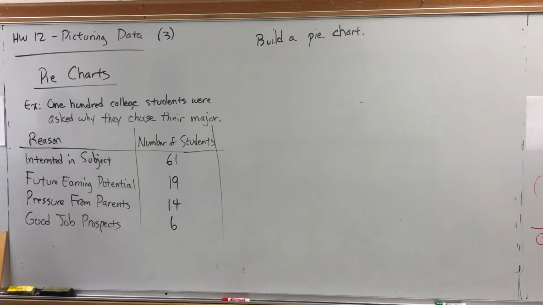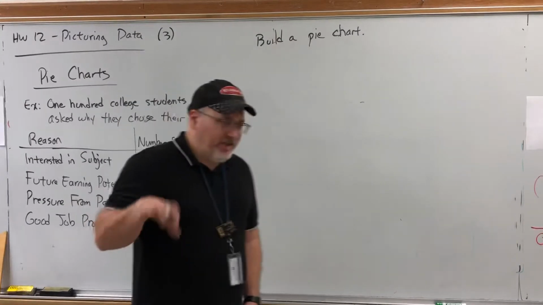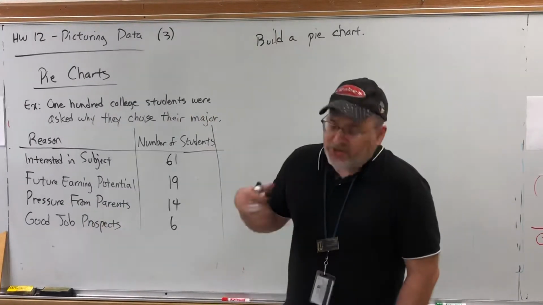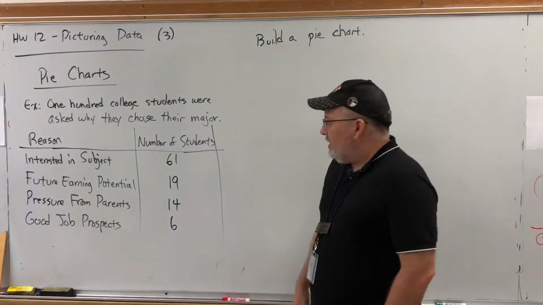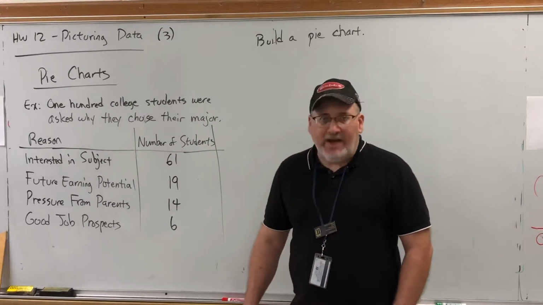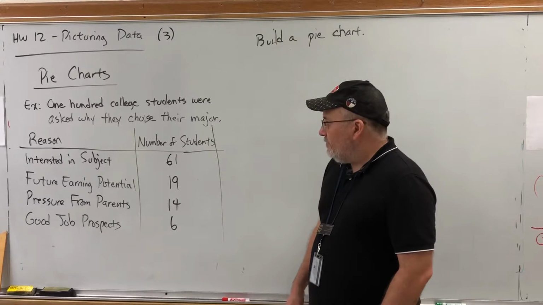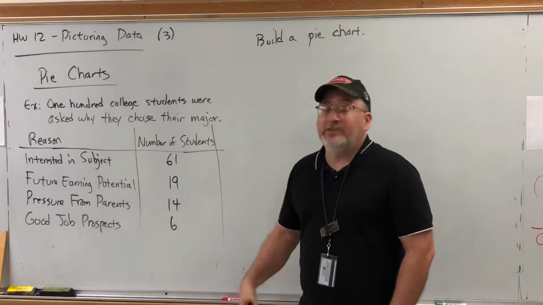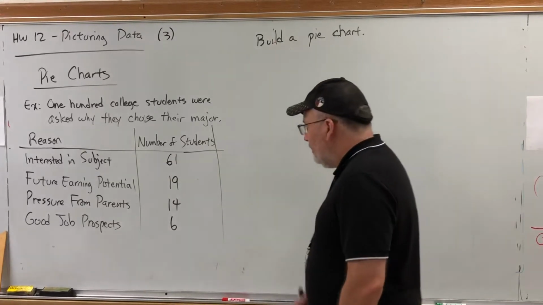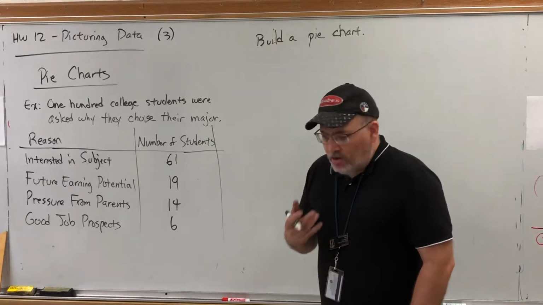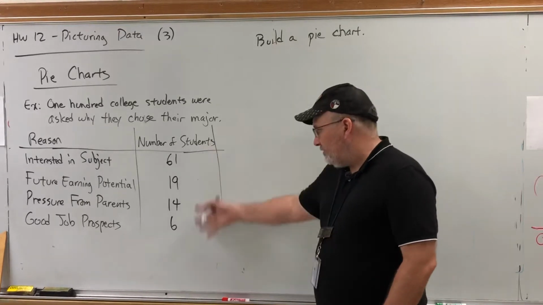Now, I'm assuming most of you are familiar with the pie chart. Looks like a pie, different sized slices, usually shaded different colors. Each slice the correct size to show the relative frequencies of the reasons or the categories relative to each other, I should say. But the real question is, how do we draw one accurately to reflect the distribution of the